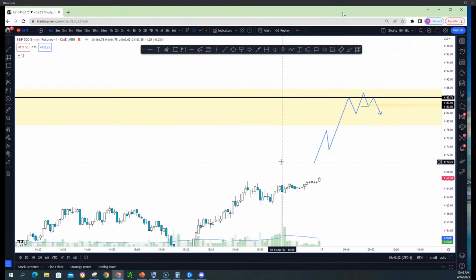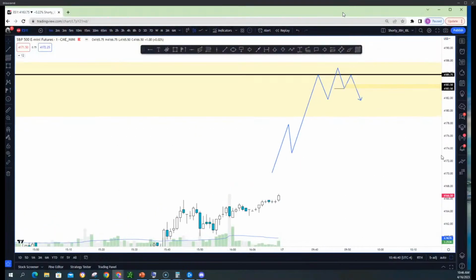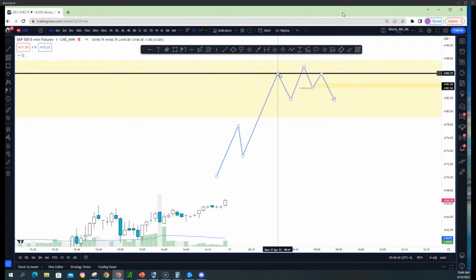Does that make sense? You don't have to blindly take the POCs and VPOCs. What I'm trying to tell you is a better way if you're really risk averse. You can enter this, but you have to expect that their goal is to manipulate it and get you out. So they can peek above it and that will get you out. And then when you get out, they dump.